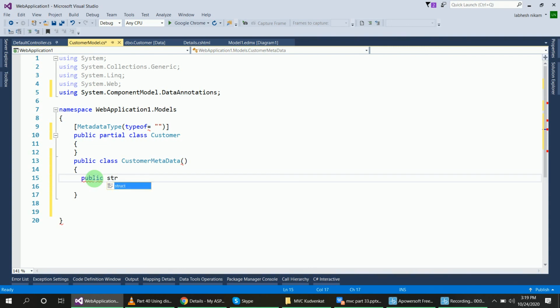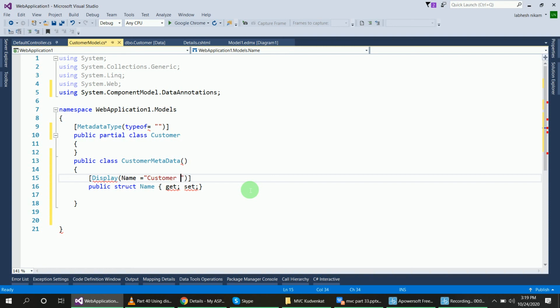String Name get set. Now I want to change the name of the column label for the Name attribute. For that I will add the Display attribute, and inside it I will pass Name equal to customer name.